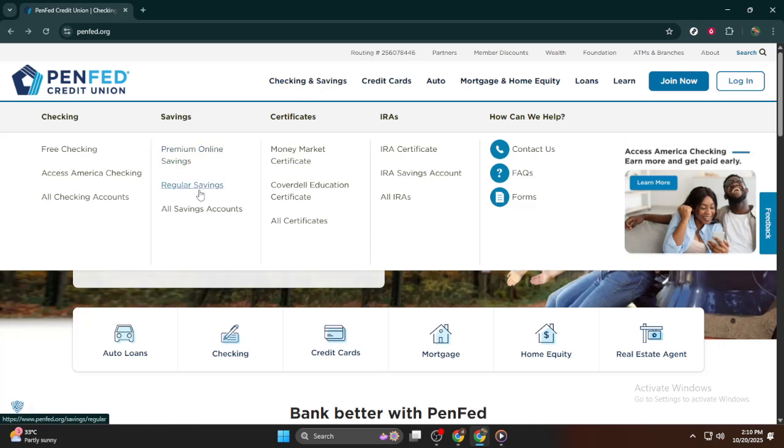If you've decided that the regular share account is what you need, start by navigating to the checking and savings section on our website. This section is your gateway to managing all kinds of accounts, making it an essential stop for anyone looking to open a new savings account. Once there, select Regular Savings from the options presented. This type of account is ideal for someone who wants a standard, no-frills approach to savings with all the conveniences